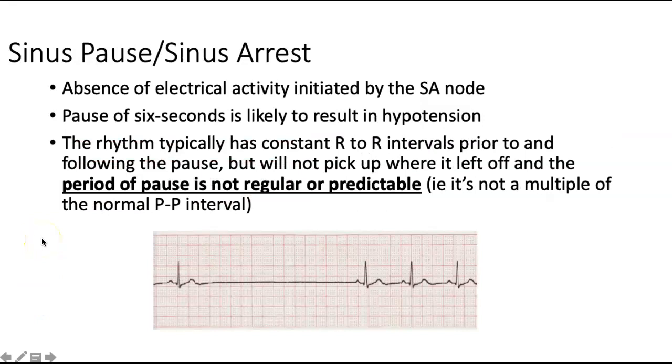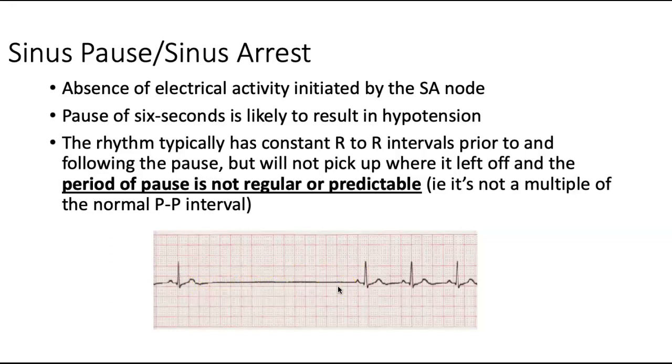Sinus pause or sinus arrest. So this is absence of electrical activity initiated by the SA node as well. The amount of time varies. A pause of 6 seconds is likely to result in severe symptoms, hypotension, and may require medical intervention. In a sinus pause or sinus arrest, the rhythm typically has a constant R to R interval prior to the pause and after, but the rhythm will not pick up where it left off, and the period of pause is not regular or predictable,